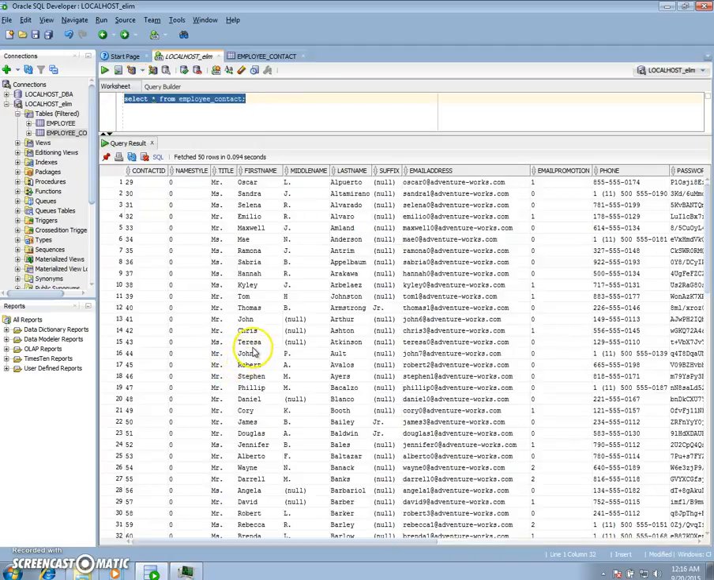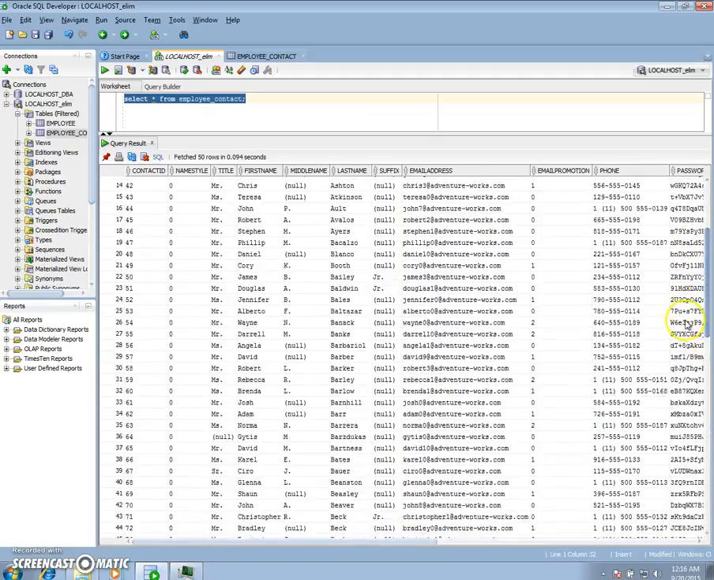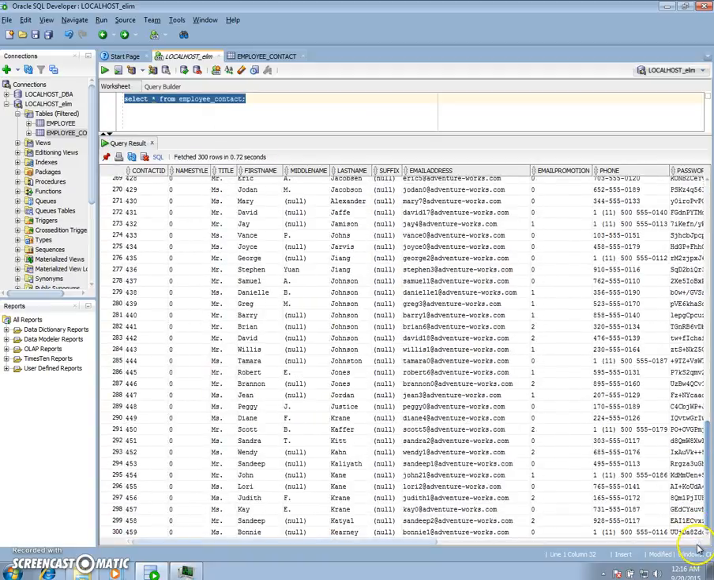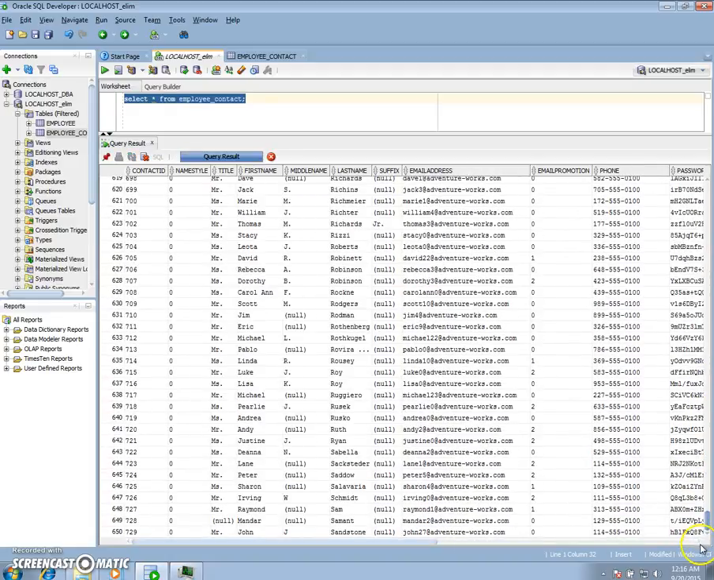Now you can see that the Oracle database gives me every column under the employee contact, and it also pulls out every row. You see, it just keeps rolling, more and more rows. It actually gives you every row that is available from the table, which means the Oracle database is giving me everything from this